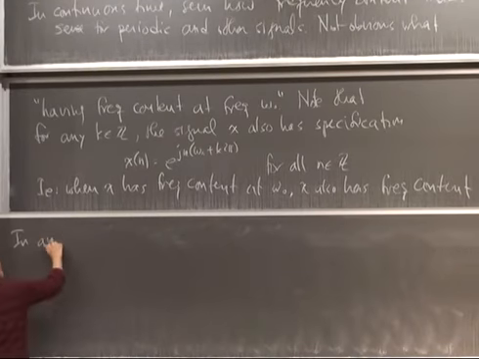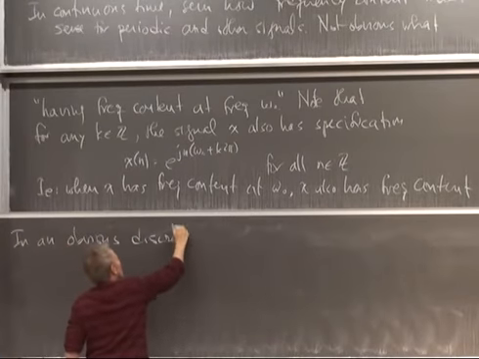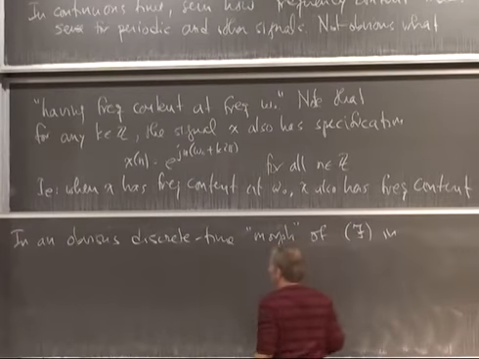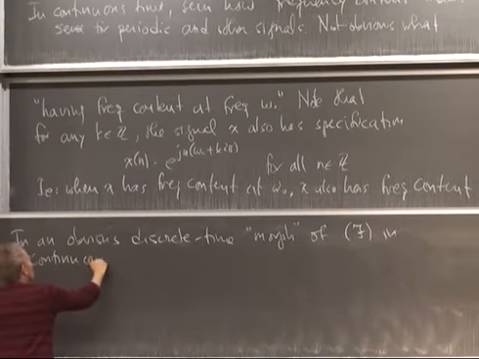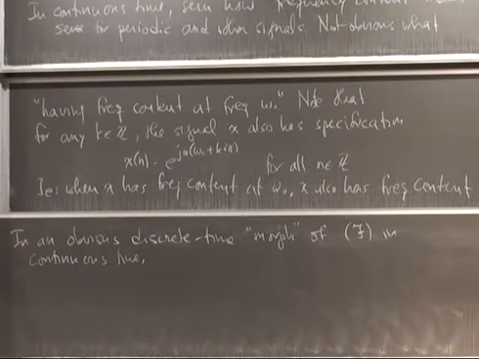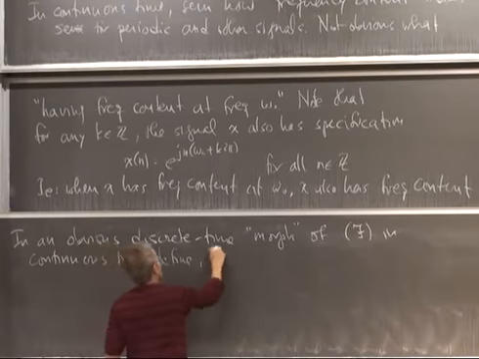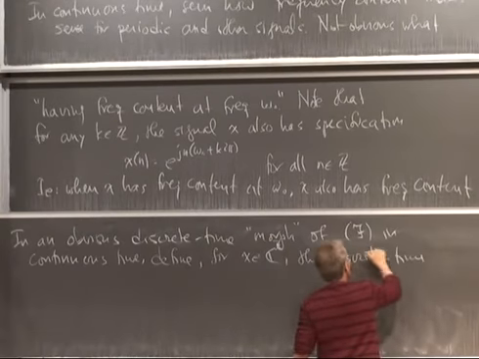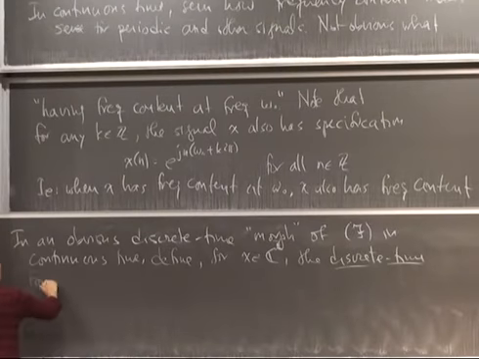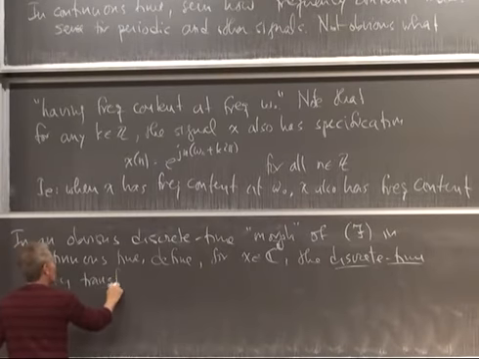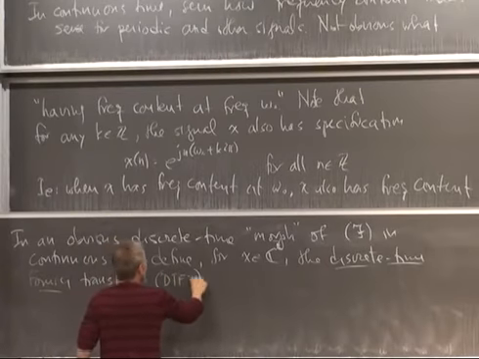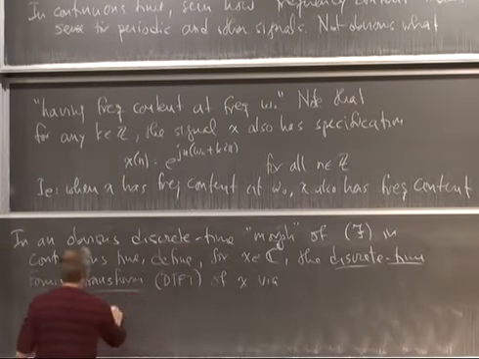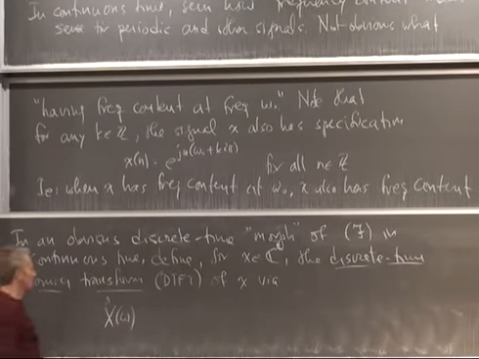So in an obvious discrete time, quote-unquote, morph of equation script f in continuous time, we define for a given signal x in c to the z the discrete time Fourier transform, also known as the DTFT of x, by means of the formula: x hat of little omega, which is going to be our discrete time frequency variable, equals